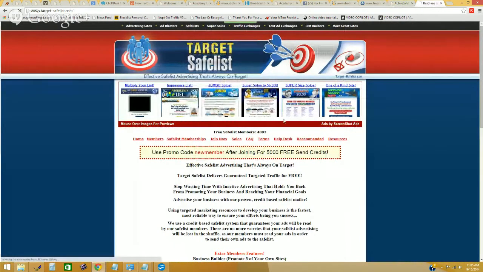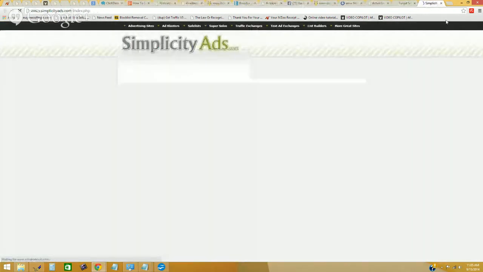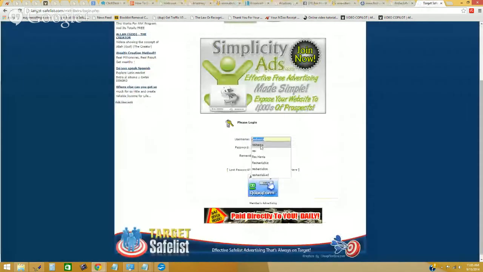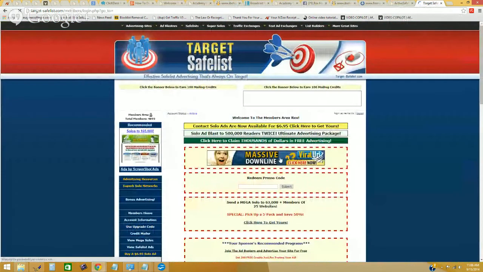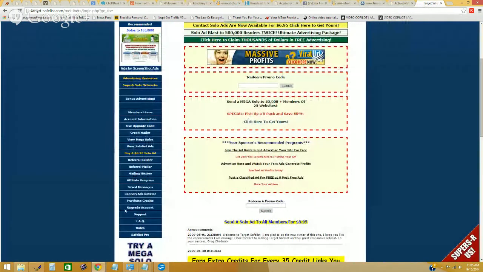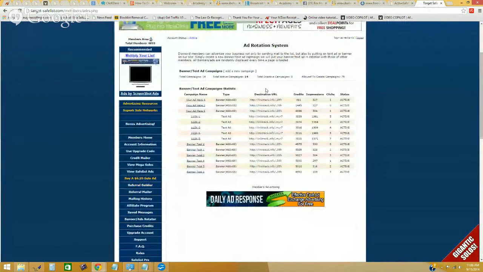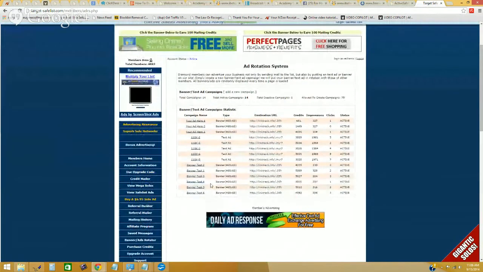Okay, here's another one. Target safe list. Another safe list that I belong to. I think I'm a lifetime member here now. And if you go down to the banner ads rotator, okay, you can see here, same basic thing, you know, that it's not a ton of traffic, but it's some. So I know that people will click on my ads and click on my banners here. Okay, that's that many more clicks coming in, running both text ads and